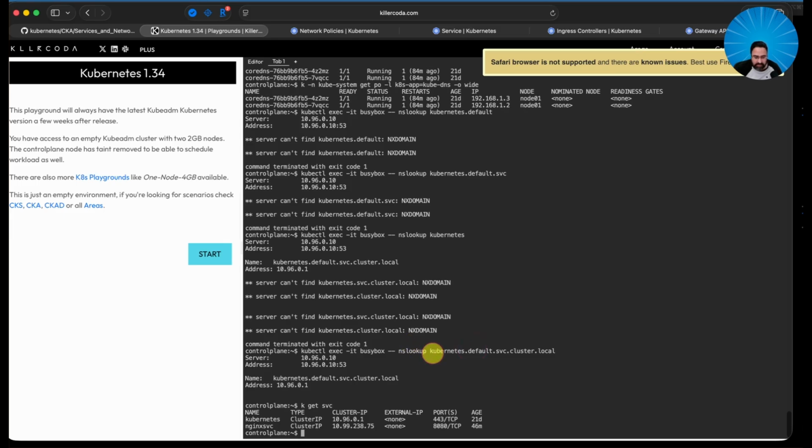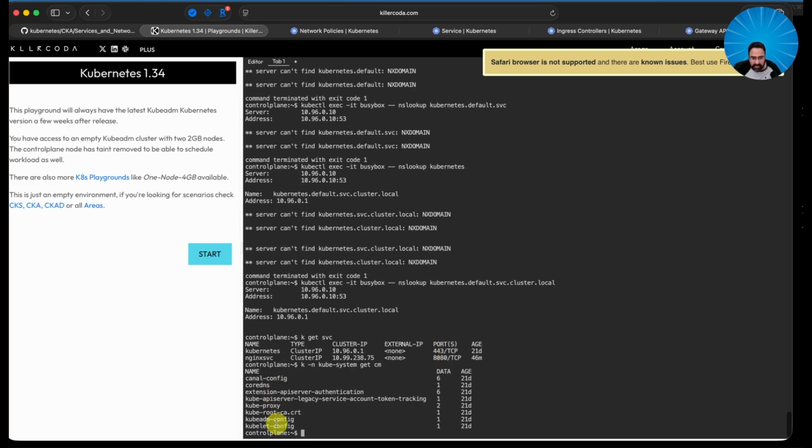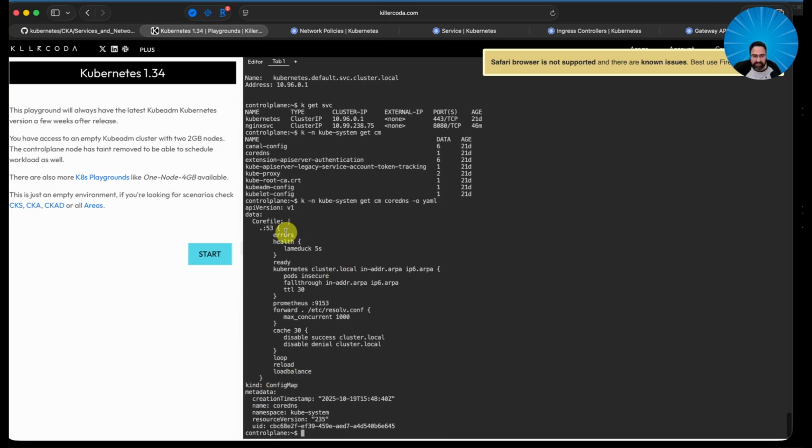Again, it is in the kube-system namespace: kubectl get cm. You can see there'll be something for CoreDNS also. This is how configuration is managed, the config map. Get cm coredns -o yaml, and you can see how CoreDNS is defined. Where is it sending resolution, any request that is coming, where is it going. Internally, it will try to resolve all these, then finally it will send to